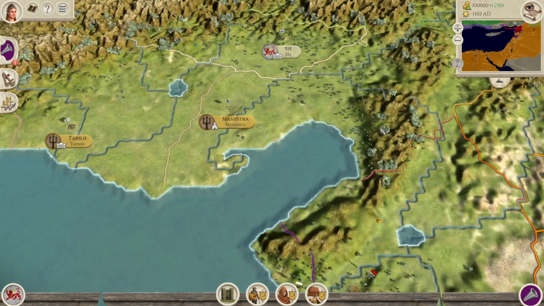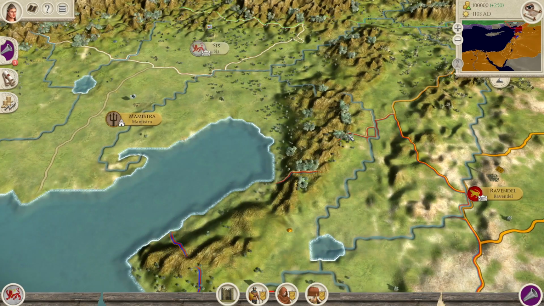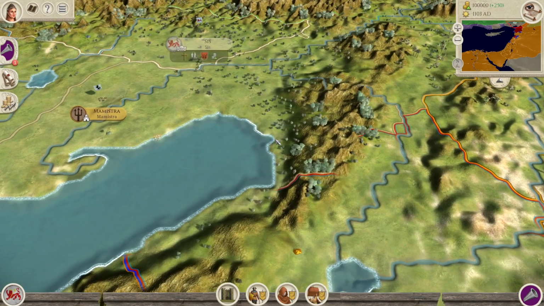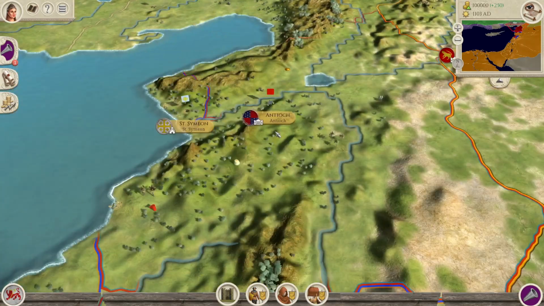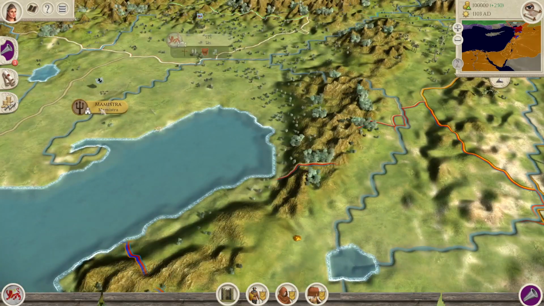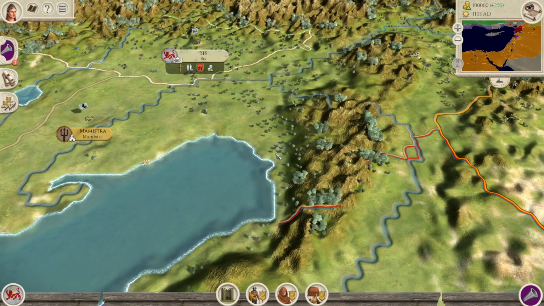Now, the region we're going to be adding today is Payas. Payas, of course, a castle town located right here near the Bay of Alexandretta. So let's do this. As you can see nearby, we have a couple of provinces. We have Mamistra and we have Antioch. So this is going to be an Antioch town, controlled by Antioch at the start of the campaign,